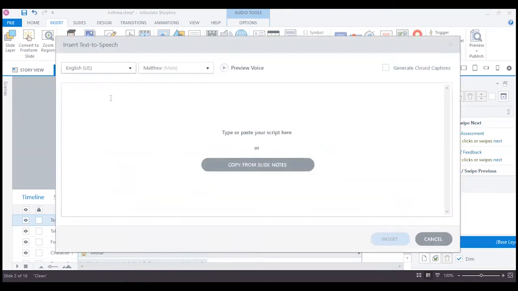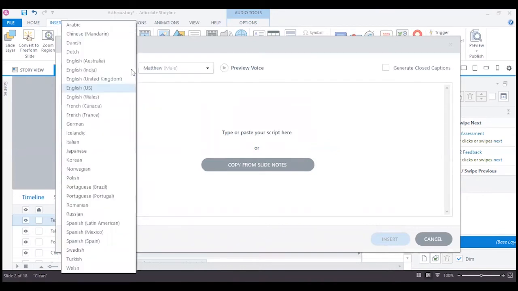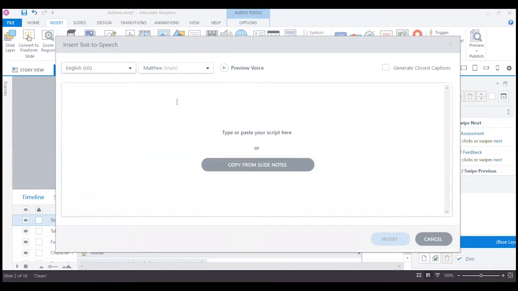Inside this window, I have the option to select my language. So if I click on this arrow, I can see the variety of languages that I can include in my course. So if I want to have German language, I can have it. If I want to have a Polish language, I can also have it. And if I want to have an English language in US based accent, I can have it. But if I want to have, in case, a Canadian accent, then I can also have it. So it's a lot of variety when it comes to selecting the type of language you want and what accent you want.